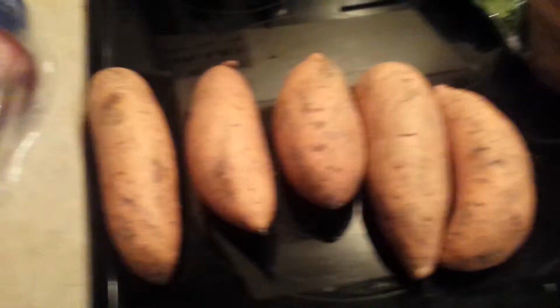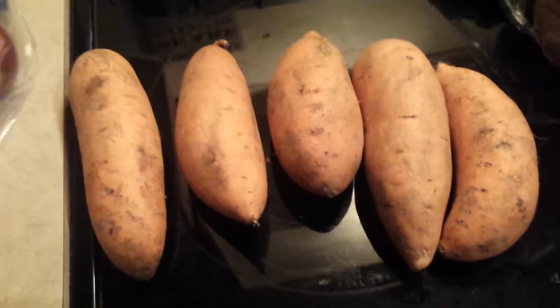What I like to do, instead of adding all that marshmallow and gunk and brown sugar, is all I used to do is